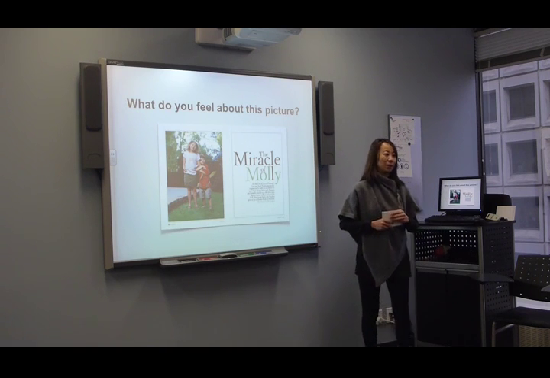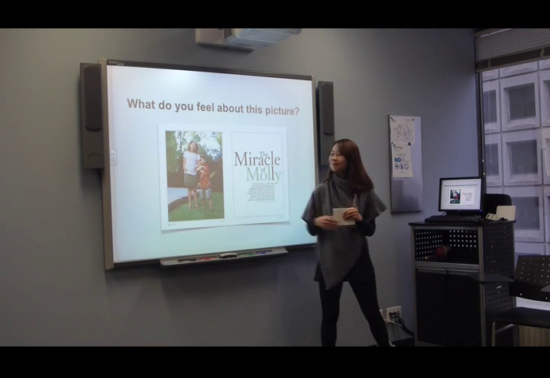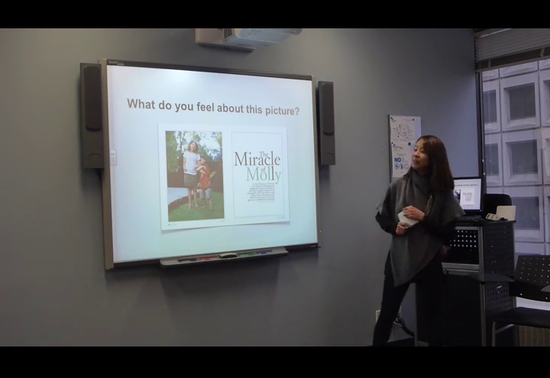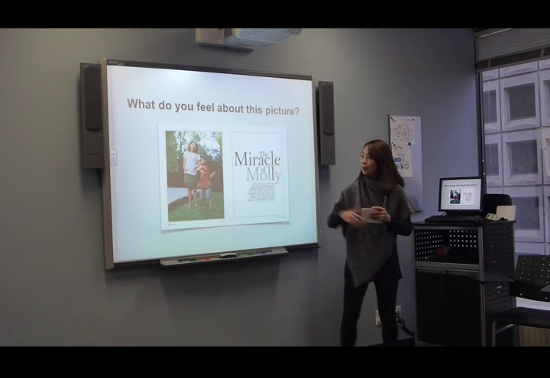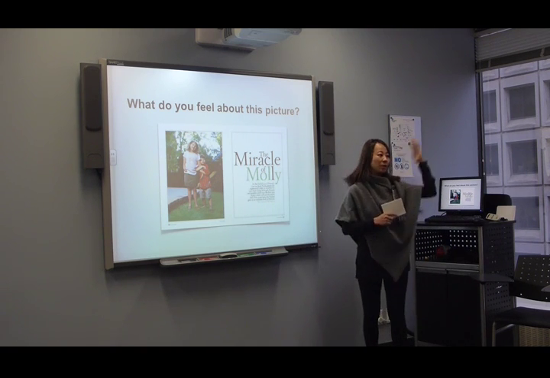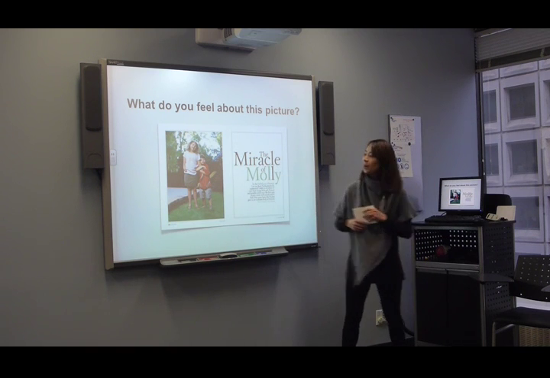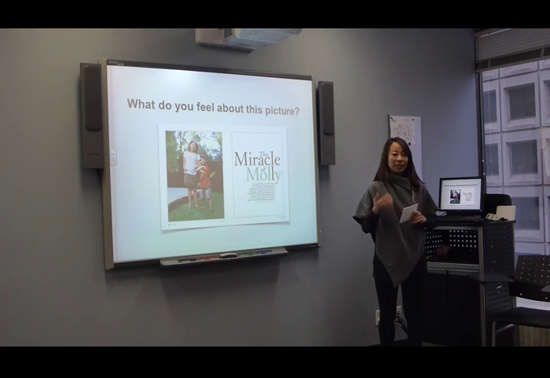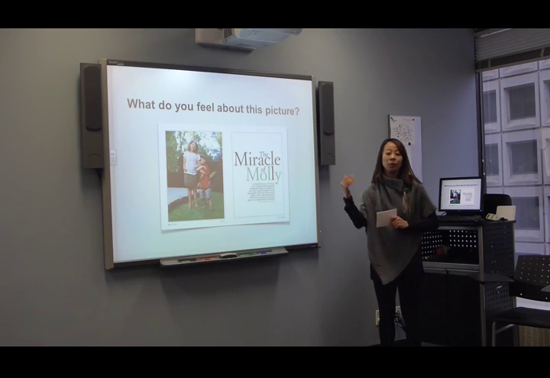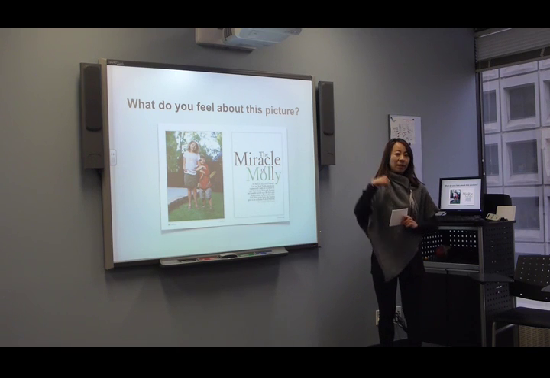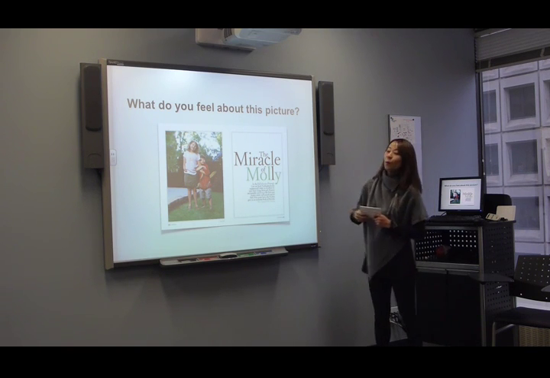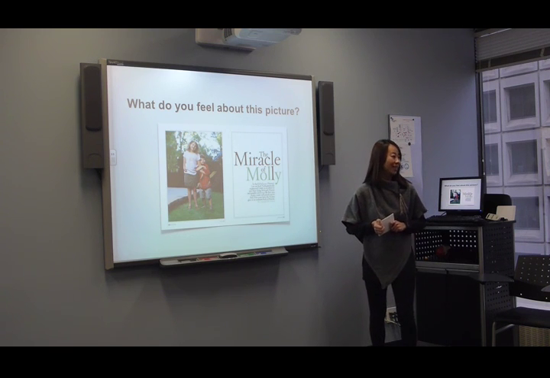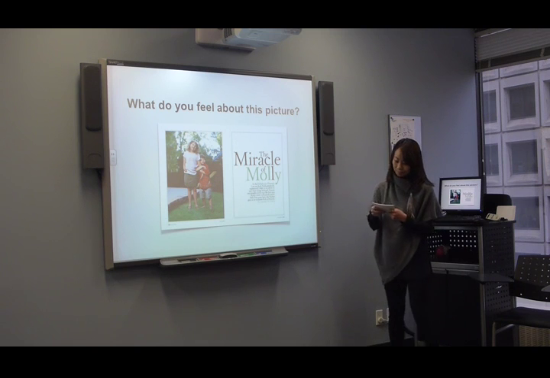What do you think about this picture? Cute children, yeah, and they look like a brother and sister. Yes, they are. Molly is the older sister, and the younger brother's name is Adam. Molly was born with an inherited disease, which is an illness from the family's DNA, and Adam was born for the treatment of Molly's disease. Can you understand? I will say it again.